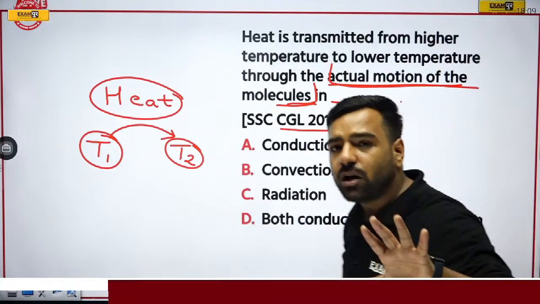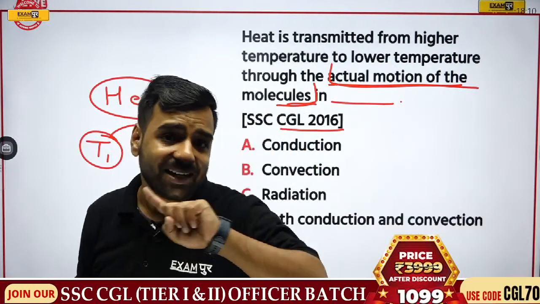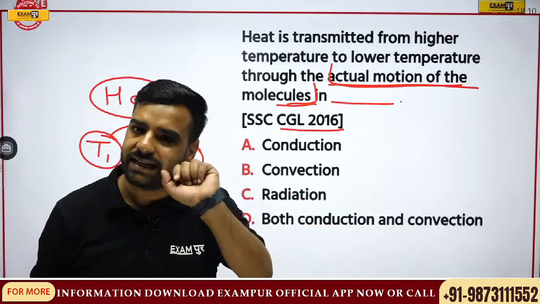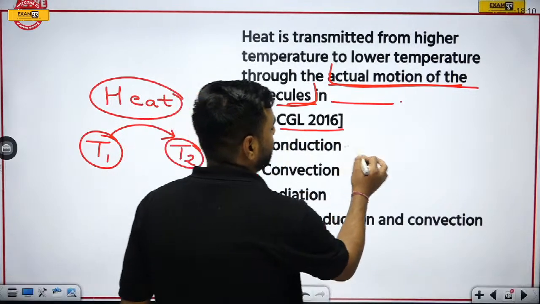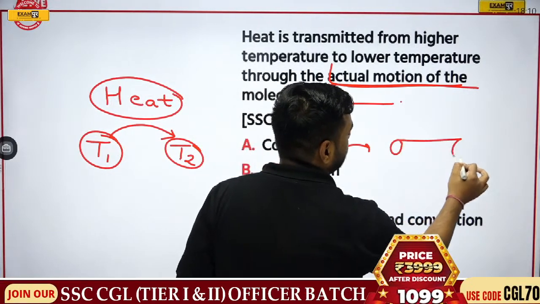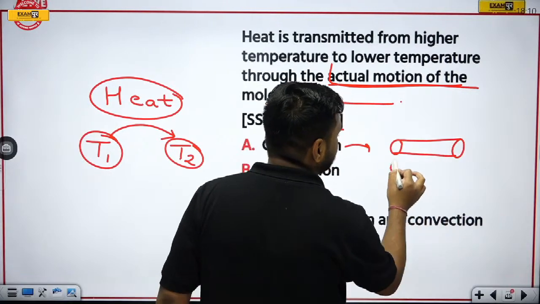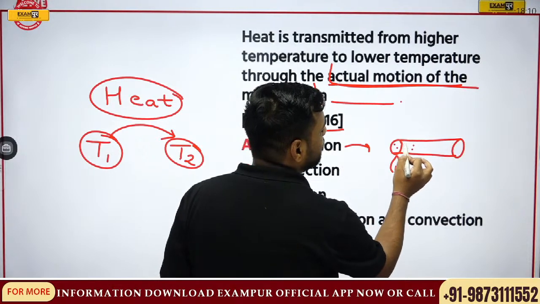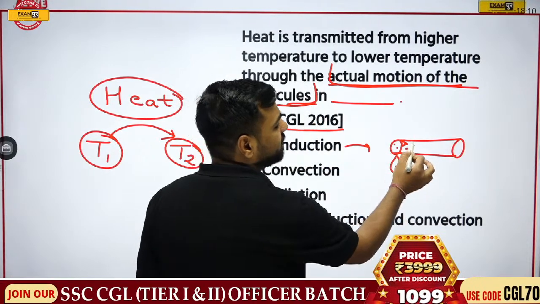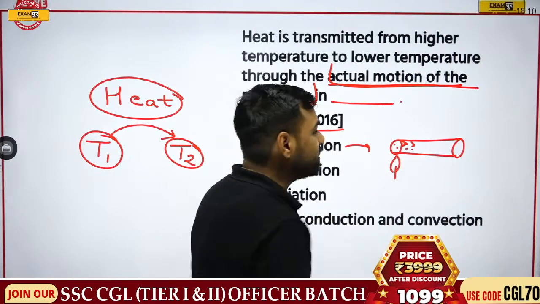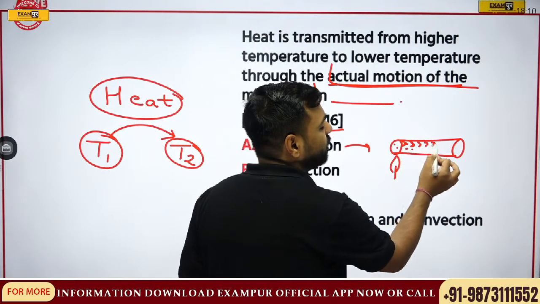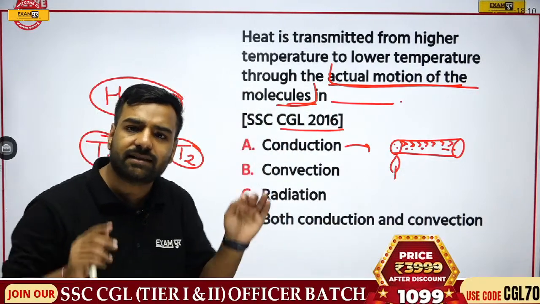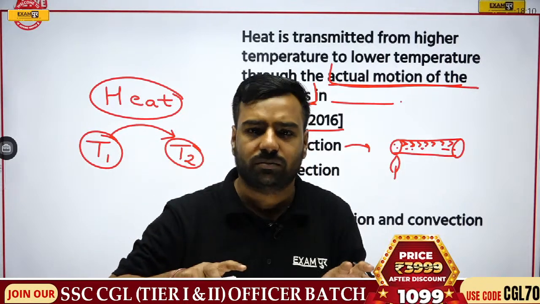When I talk about the actual motion, that's not in the case of conduction. That's not in the case of radiation. Why? Let's understand. When I talk about conduction, we can talk about a rod. Now, if I am heating this rod, what will happen? Because of the presence of molecules, the disturbance in this molecule will be transferred here. Then the disturbance which was transferred here is going to transfer everywhere. That is, all of the molecules will get disturbed. They'll start vibrating at their own mean position, right?